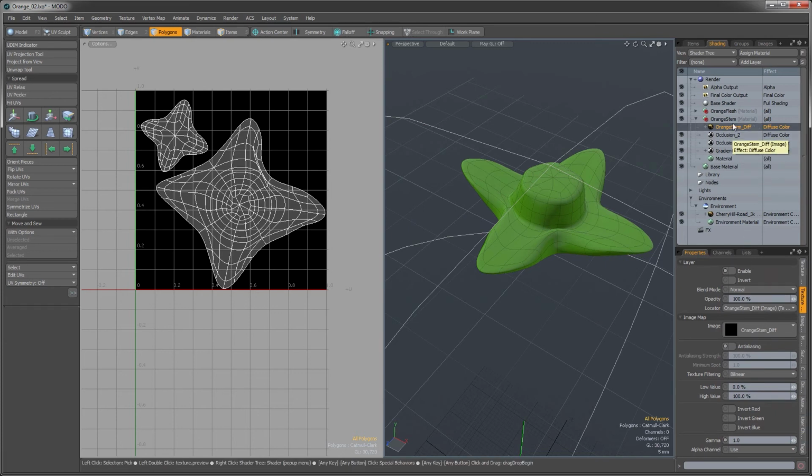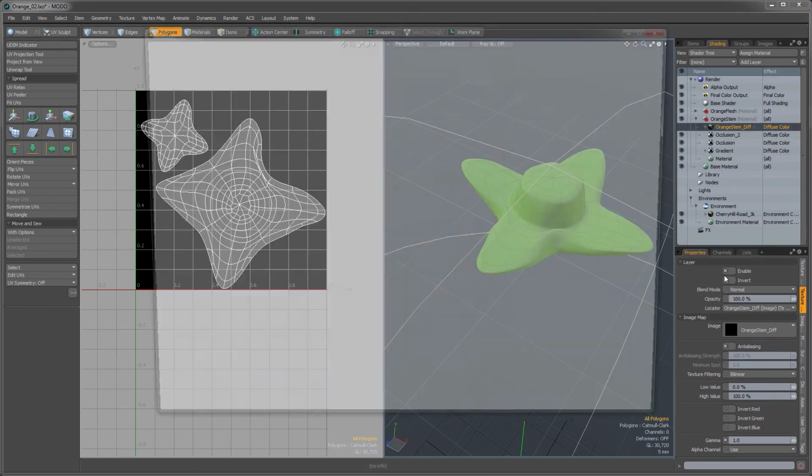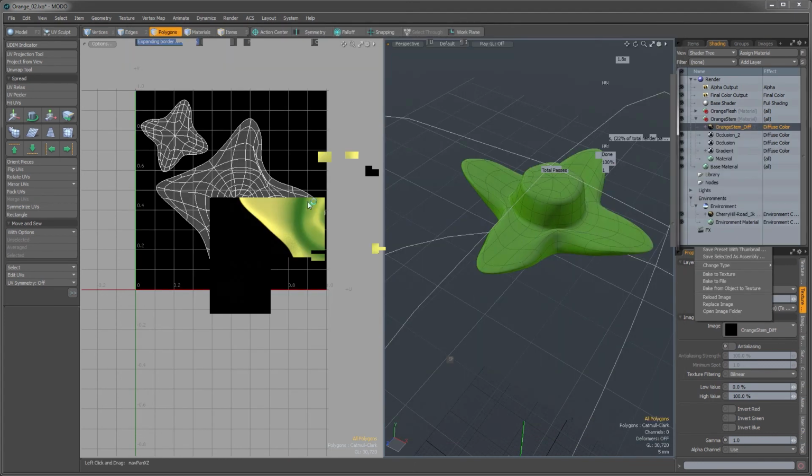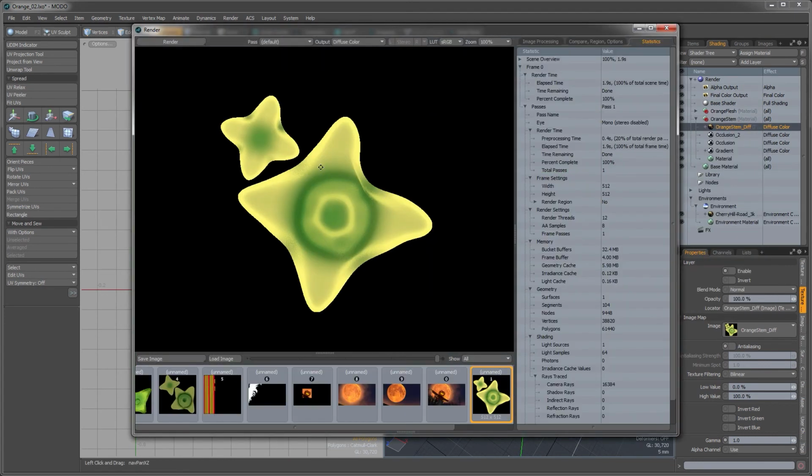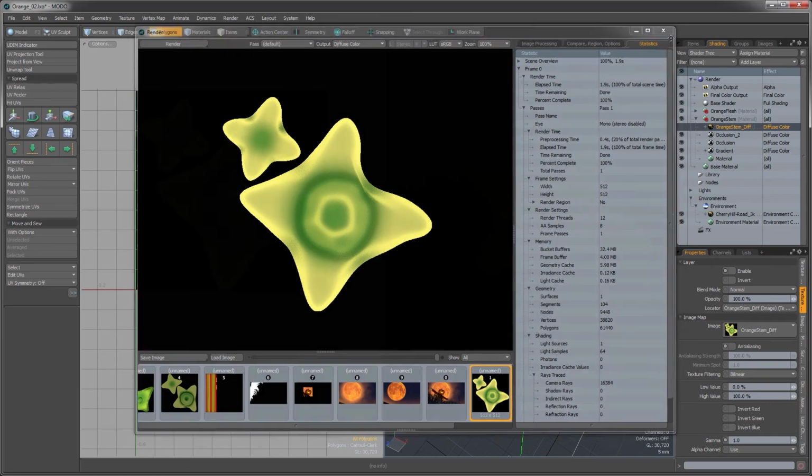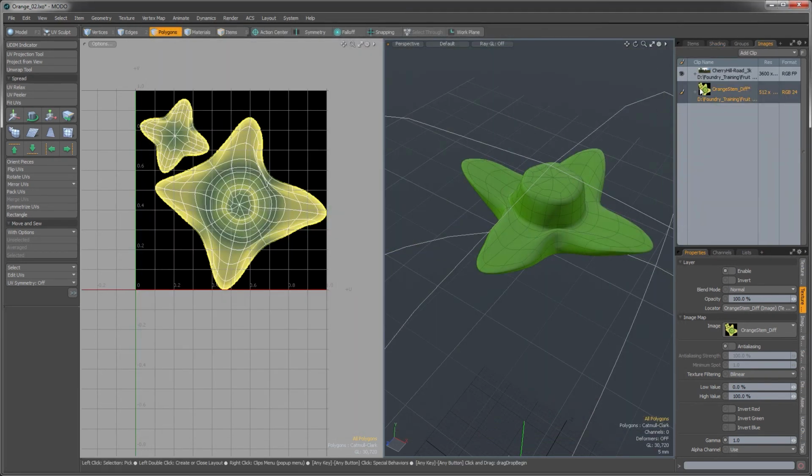And then what we do is we just right click on this guy, and then we just say bake to texture. That'll use the render engine to bake out those layers, the occlusion and the gradient, into that texture map. And then we want to make sure that we right click and save that image, because what we initially saved was just the blank image. So now that we've generated the pixels,